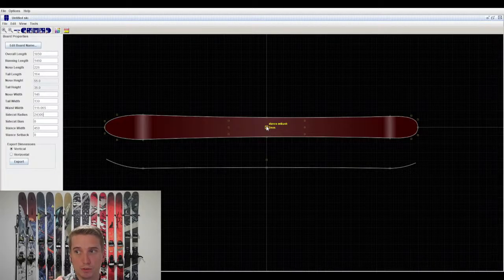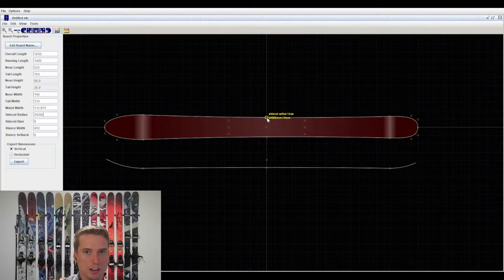But freeriders will actually mount it closer to center. Some people will mount it at like 7.5, while other people will mount it even closer to center and use it as a park ski, right? So it all depends on the ski and the shape. The shape's really what's going to define your mount point more than anything else. So we'll look at that. That's kind of one of the last steps. But